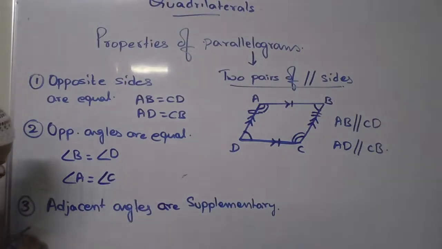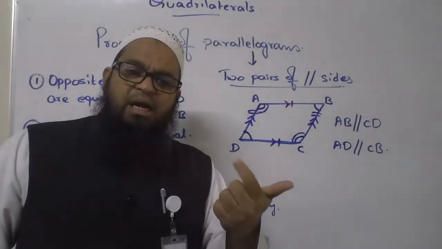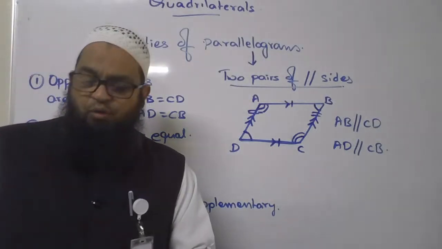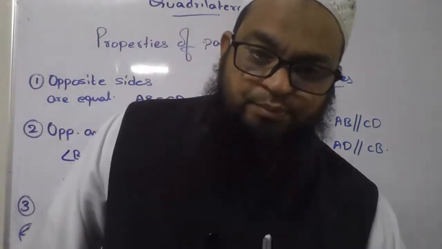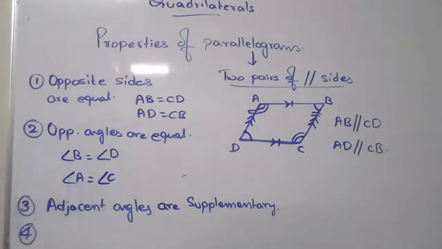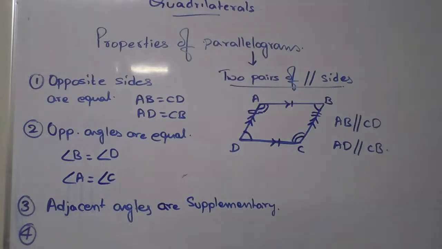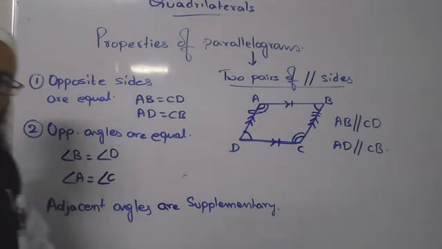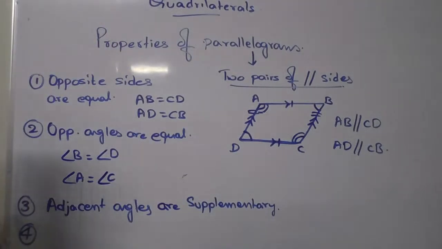And now the last one. And what are the parts left out? Sides are over and angles are over, right? So what is the next property? Can anybody tell me what are the parts left out? One part is left out. Can anybody tell me? Diagonals, very good. So the diagonals, when we talk about diagonals,